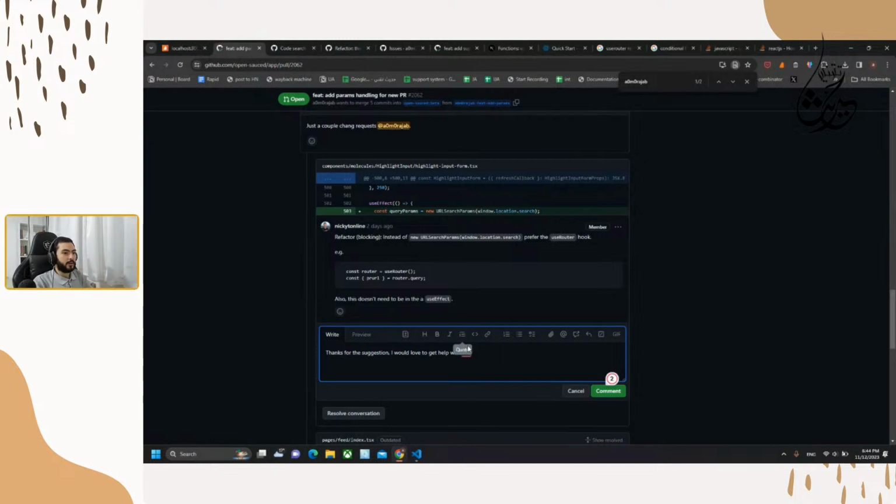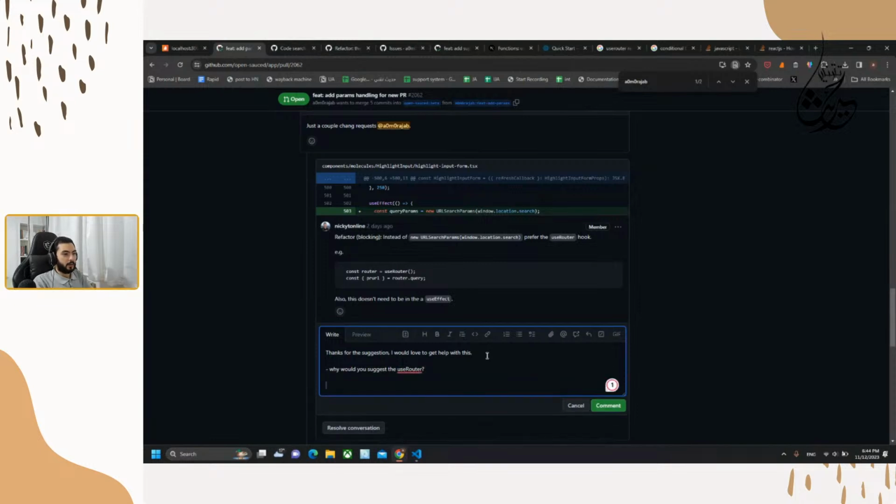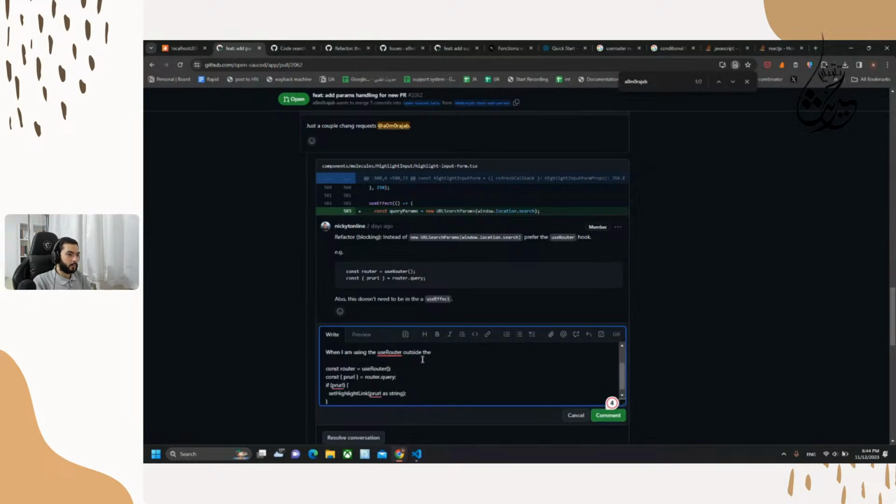So the help that I am asking for is, one, why would you suggest the useRouter? Two is that when I am using the useRouter outside, let's go and get part of the code.